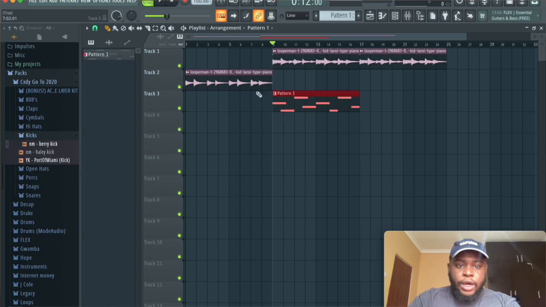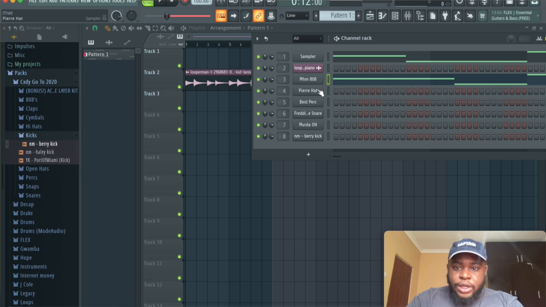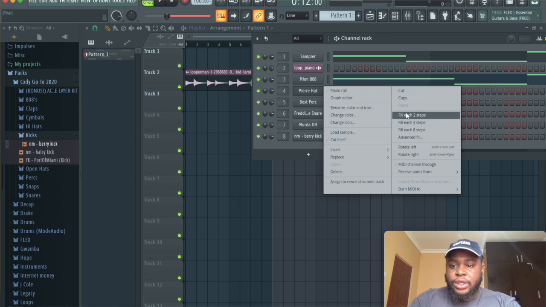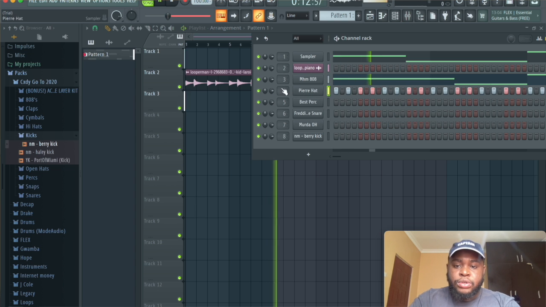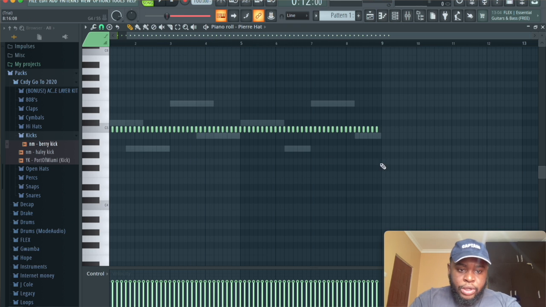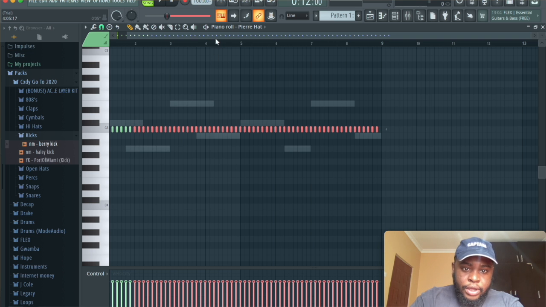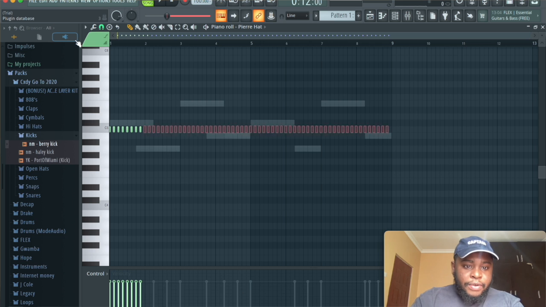So I'm gonna, at the playlist, press Command B to duplicate it so that it's playing that part. I'm gonna right click from the 9 until the 24th, after the 24th bar, and then I'm just gonna go to the hi hat, right click, and fill each 2 steps. I like how this sounds, so I'm gonna highlight everything, and then I'm gonna press F and delete to delete